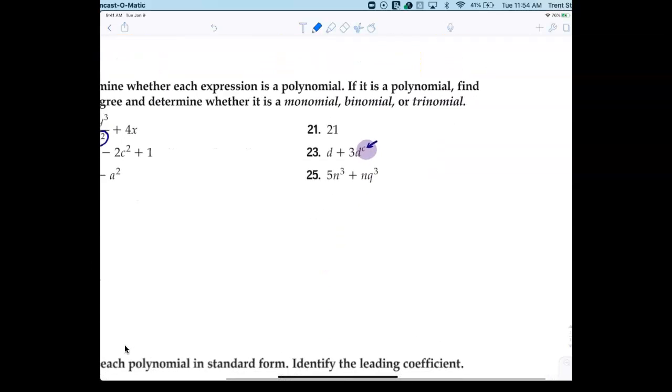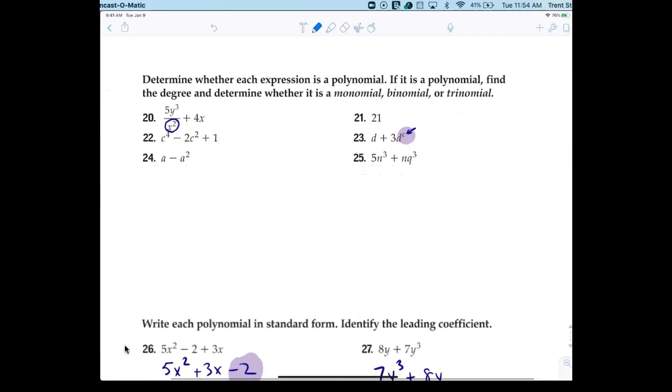All right, here we go. You can write down 20 through 25 real quick. We'll do all these because these are so easy. Is 20 considered a polynomial? No. It's not because there is a what? Variable in the denominator. So 20 is nothing. All right, what about 21? That's called a